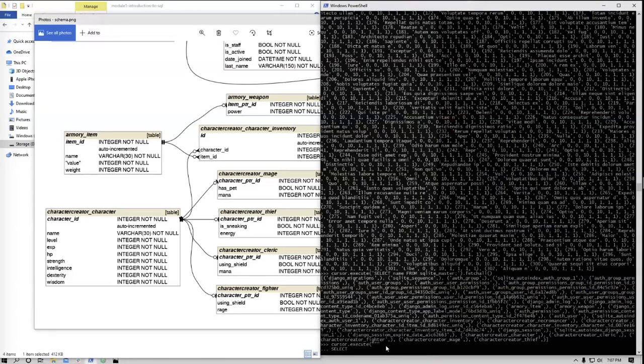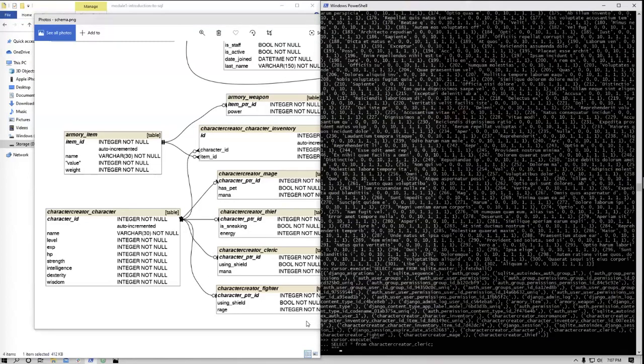So let's work this out in steps. I'm going to select all from the table character creator underscore cleric. Can you say what you're trying to do again? First thing I'm going to do is get the output from just one of the tables. Okay? And we're going to go ahead and close that off and do our fetch all, so we can take a look and see what that looks like.